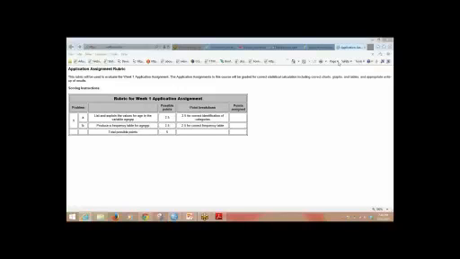Another tip is to begin your assignment early in the week. You don't want to wait till Friday or Saturday to start on the application assignments that are due Sunday, not just because it's good time management, but because a lot of times you may have a problem with your SPSS, or you may get stuck on something. You want to give yourself time to be able to contact one of us to try to get some assistance.